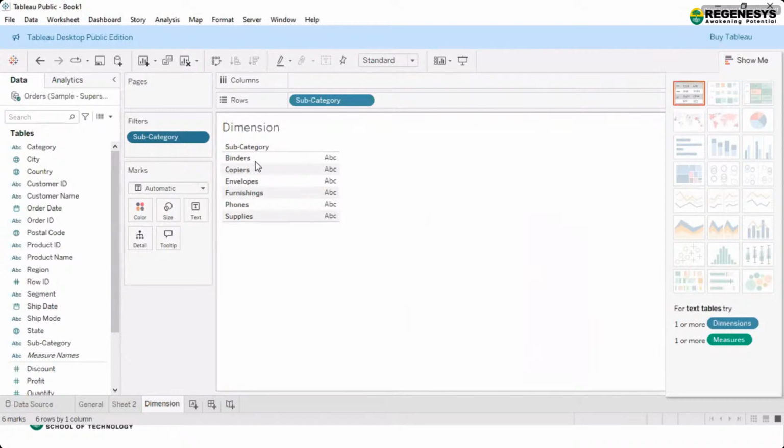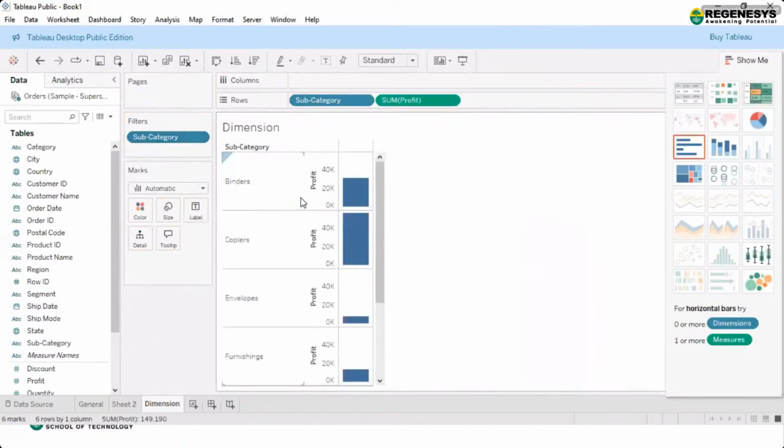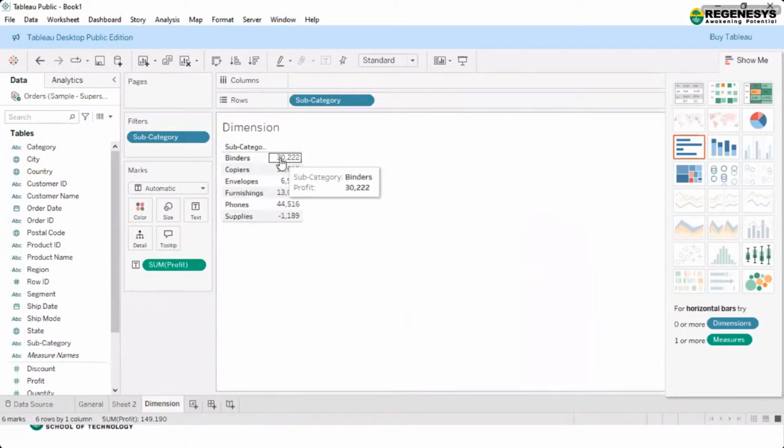Yes, you can use this with any other fields, right? That is also getting changed based on this. So for example, here I am using subcategories and I want to check the profits with it. For profit also you will get it only for those fields. I will not get the profit for other fields. It gets applied for the field which is filtered.